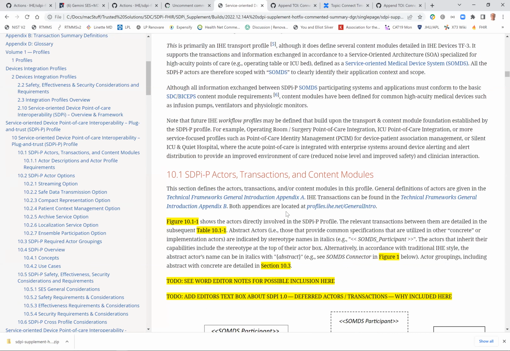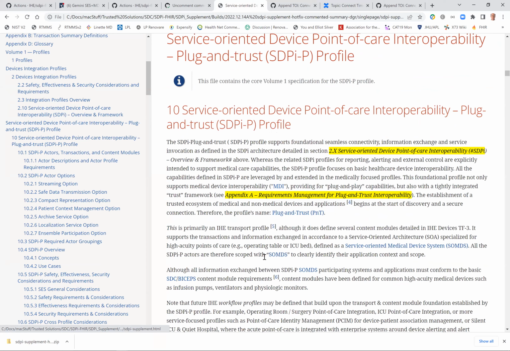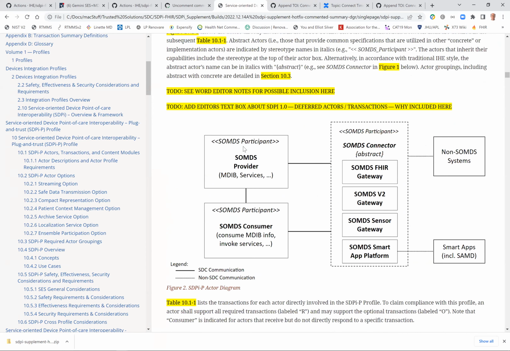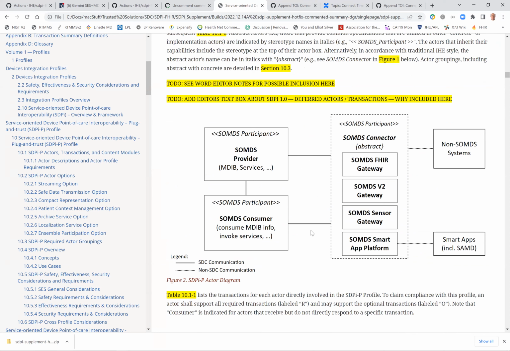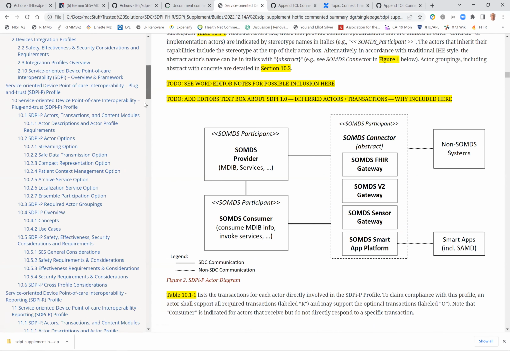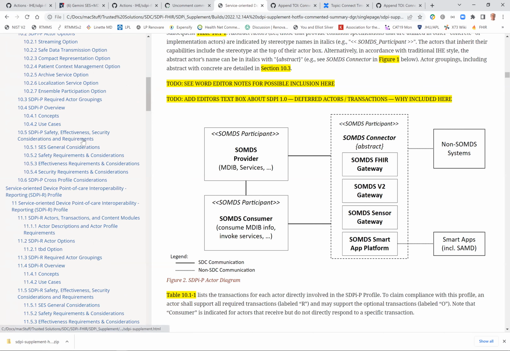You know, so for each one of these, for example, SDPi-P, you'll see the actor diagram and the tables and those things, and next week we'll talk about these more specifically. But you can look here on the left and you see the organization that I showed you earlier, and we have actor options, a set of options, some of which we just talked to, some of which will be in subsequent versions, required actor groupings, concepts and use cases, and then safety, effectiveness, and